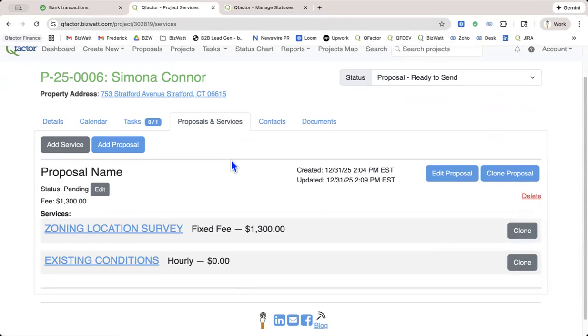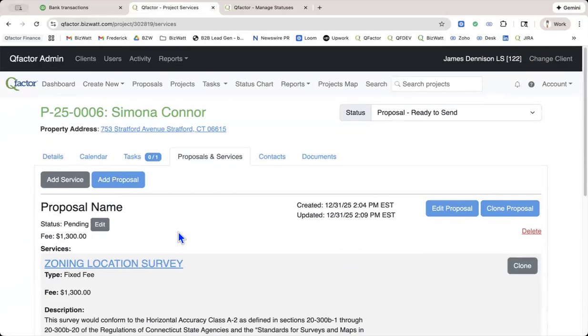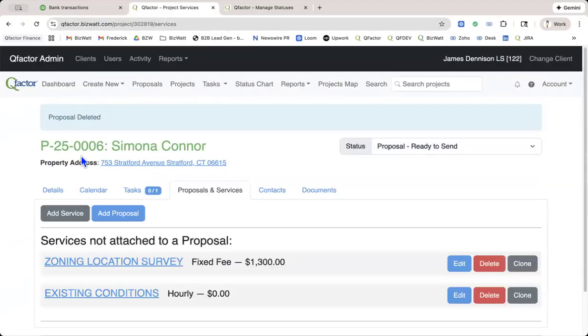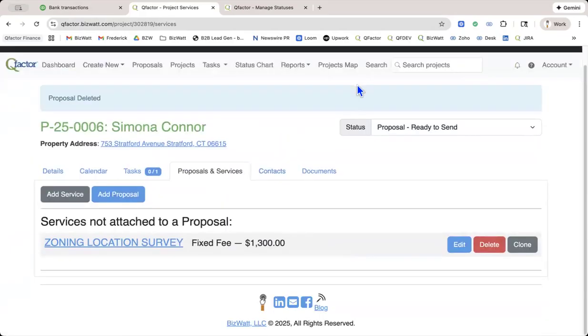I thought we deleted all this, or is this a different one with the same info? We might have added it. And again, we did a lot of deleting and adding. But this wasn't sent to her yet, right. So what you would do then, oh, this is the one I think we added service items to. Okay, so we'll go ahead and delete this like we did last time. We know that the service items will stay. We'll delete this one. So now what you would do is add the proposal,